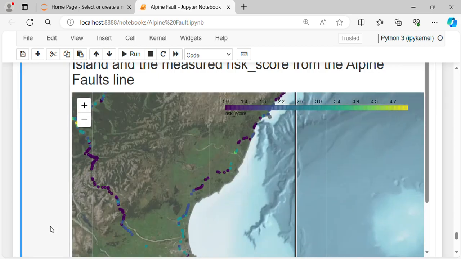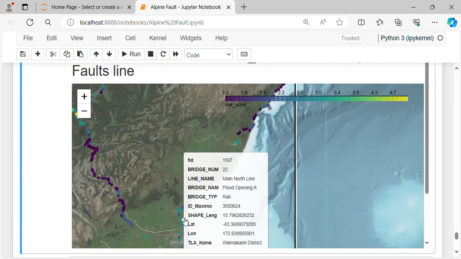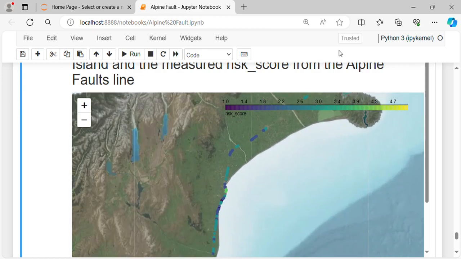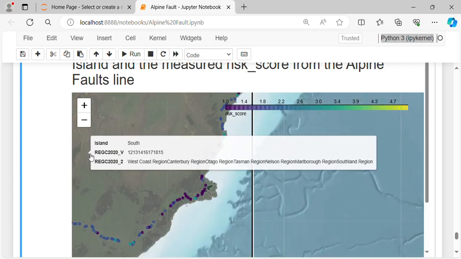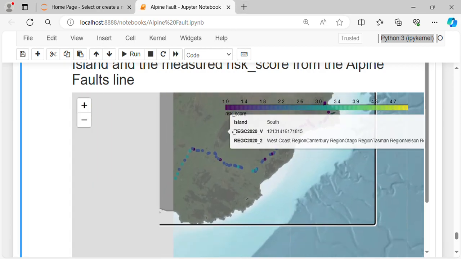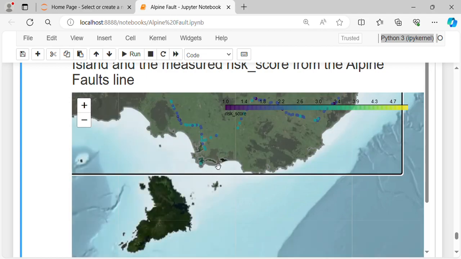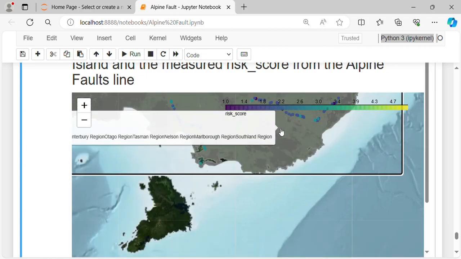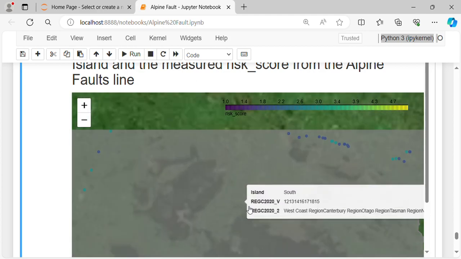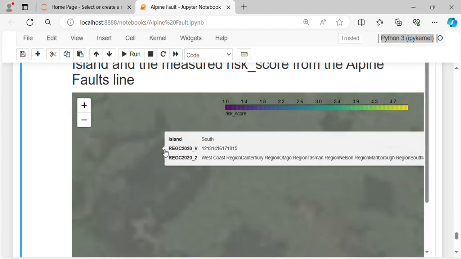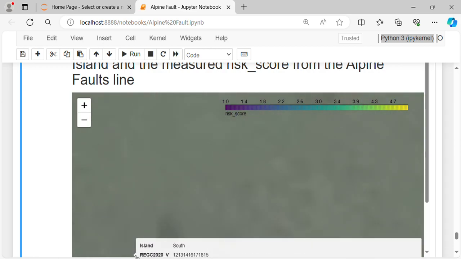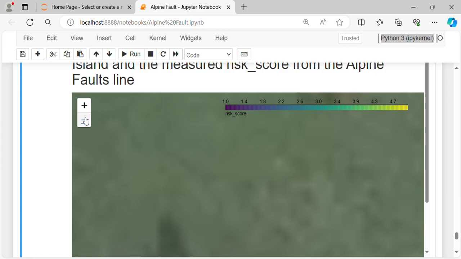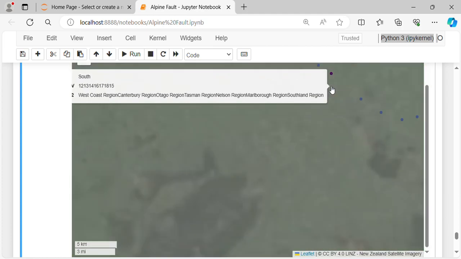And let's look at a bridge in the, so these are the KiwiRail bridges. KiwiRail passes through these bridges. Let's look at something in the South Island. There seems to be a bridge that is very safe at level 1. So this bridge here,